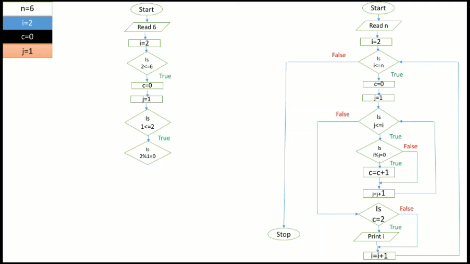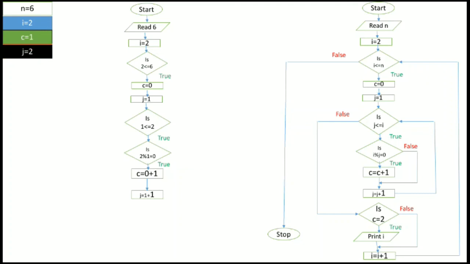So is 2 mod 1 equal to 0? Yes, it is true. Then we will increment the value of c by 1. So the new value of c will be 1. Next we will increase the value of j by 1. So the new value of j will be 2.